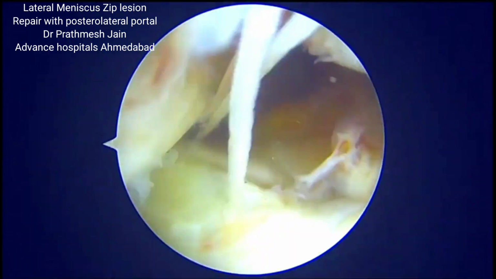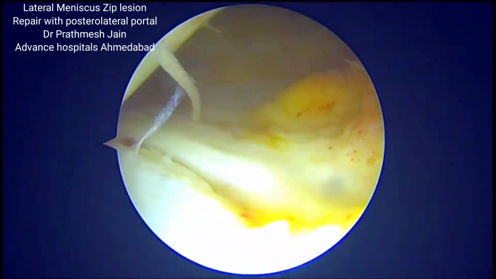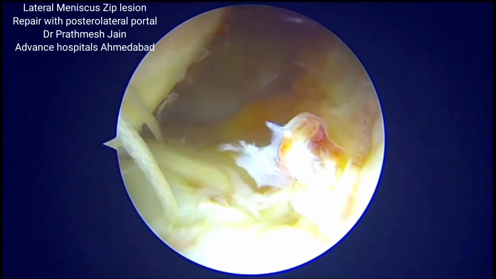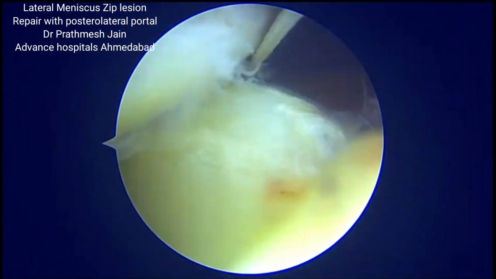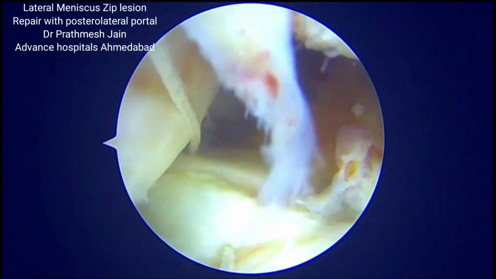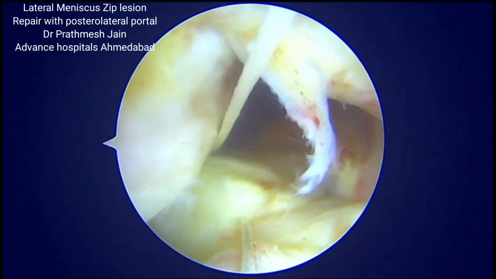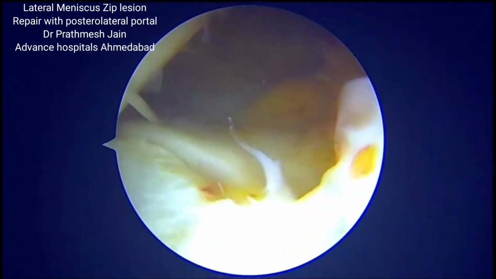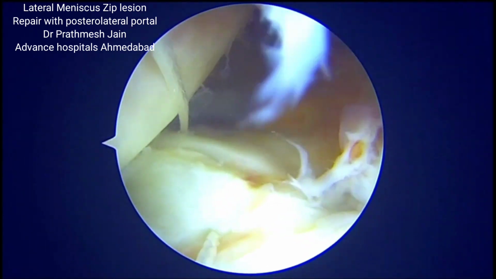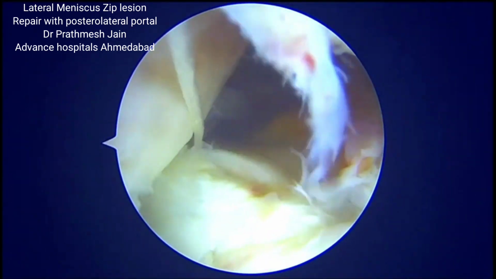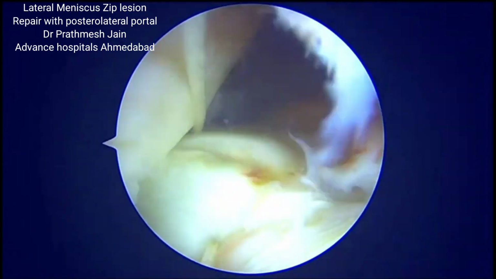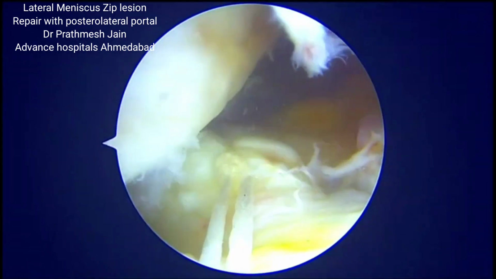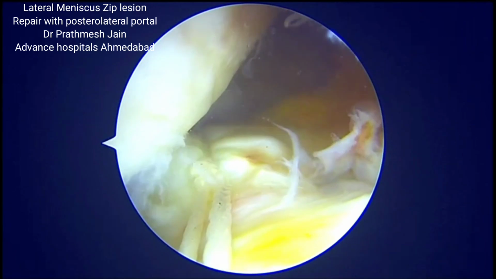Now this particular technique is useful because in this particular area of the posterolateral condyle the popliteal artery is very close. So if you are using the conventional technique of all inside sutures, you may land up very close to the popliteal vessels. Hence, an all inside equivalent technique in which you use a suture to tie the zip